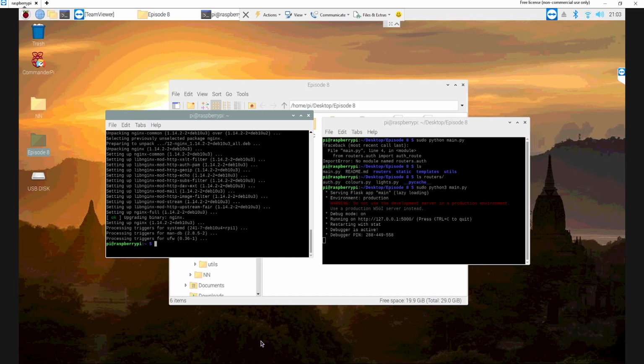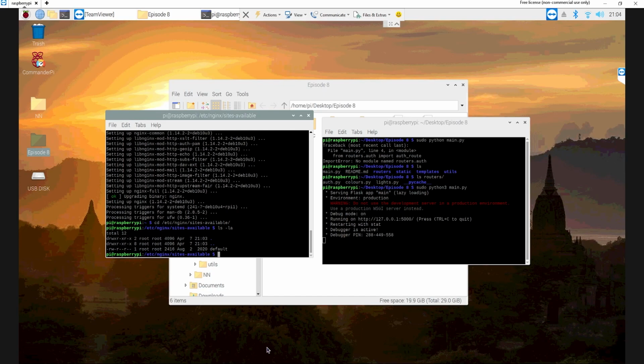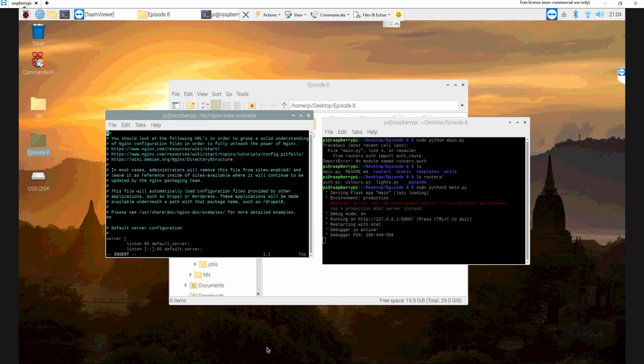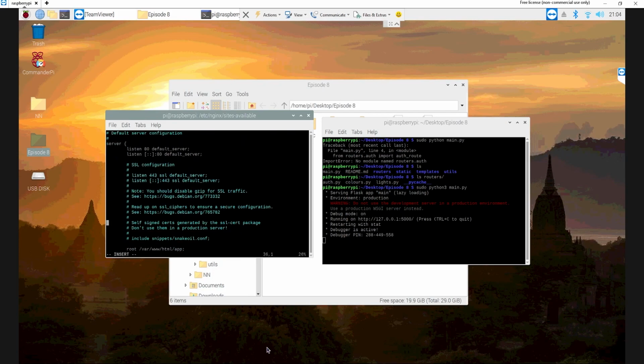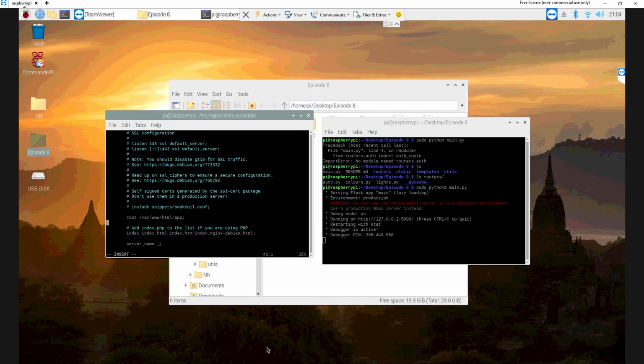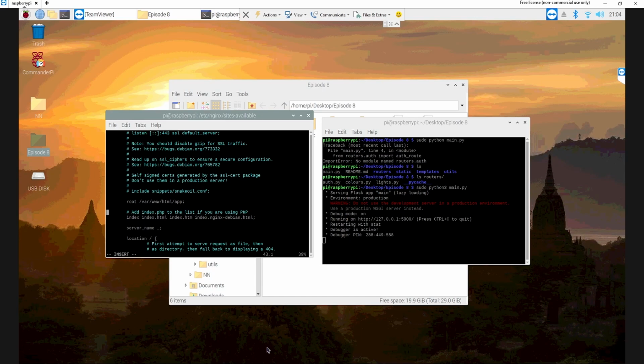So let's get started in editing the config. We need to go to the config, which will be in /etc/nginx/sites-available/default. Actually, that'll be a file, I believe. Yeah, default. So just type sudo vim. I've got weird file permissions, so I need to use sudo for this. Use whatever text editor you want, I'm just going to quickly use vim, and in here